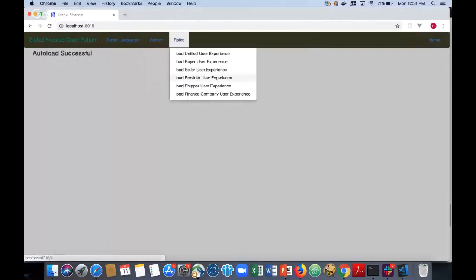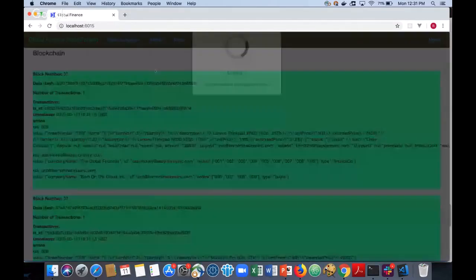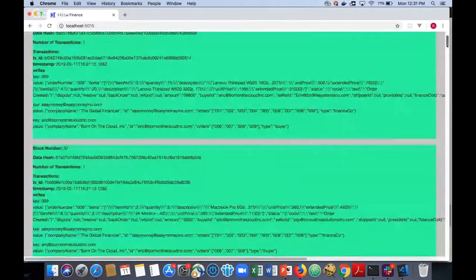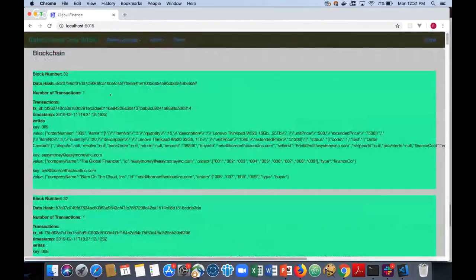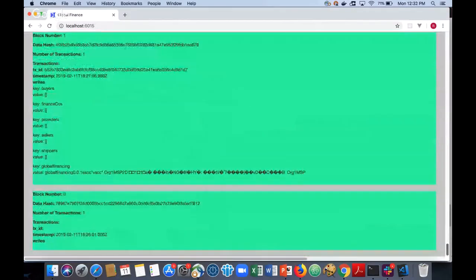When it's completed, then you should see this auto load successful. So before I jump into the roles and looking at these particular views for these participants, I want to just add this feature to show the blockchain. And what this is, again, is each transaction that we saw in our smart contract is now being added to the blockchain. I'll just scroll from the bottom, where you get your first block,